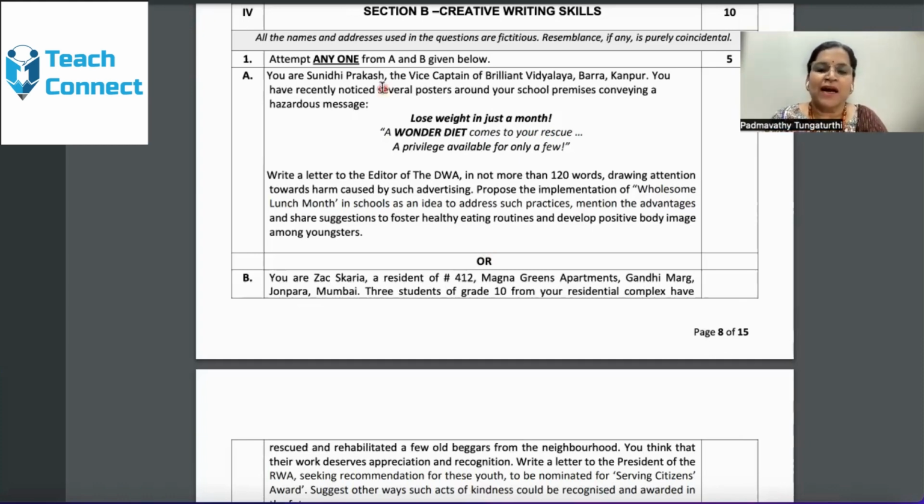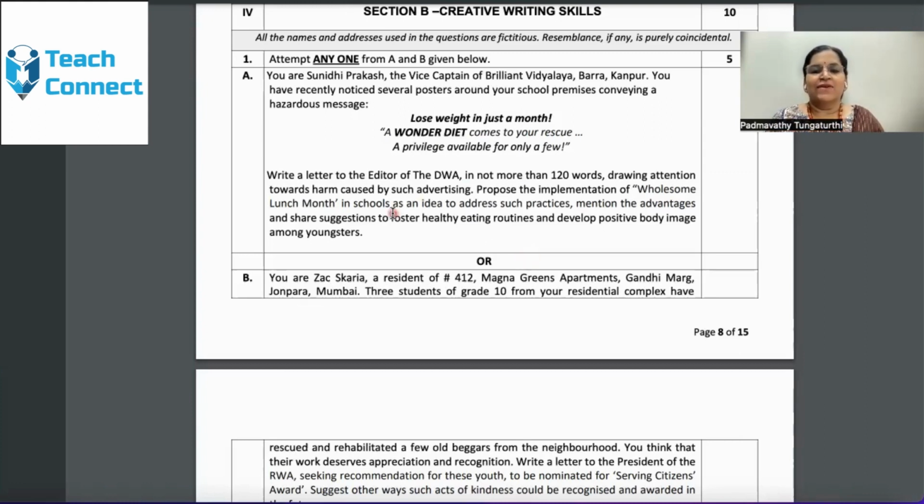You are Sunidhi Prakash, the Vice Captain of Brilliant Vidyalaya Barra, Kanpur. You have recently noticed several posters around your school premises conveying a hazardous message. There is a hazardous message about Wonder Diet. No wonder this is given in bold letters for the student to immediately comprehend what it is all about.